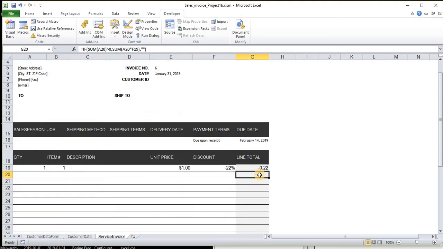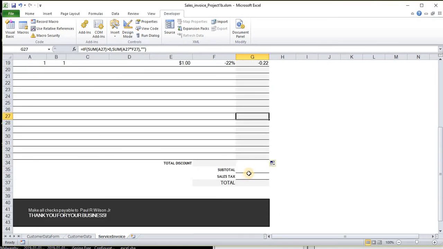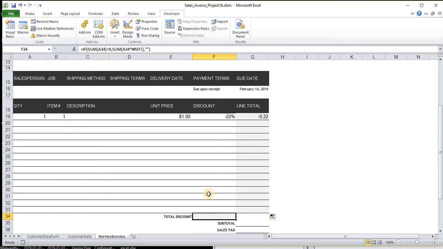Let's see. And they're all like that. That error persists. I'm gonna drag the cells down. Let's take a look at this. And by doing that, you notice that all the row references meet. But then we are having reference problems. So to make this invoice work properly,